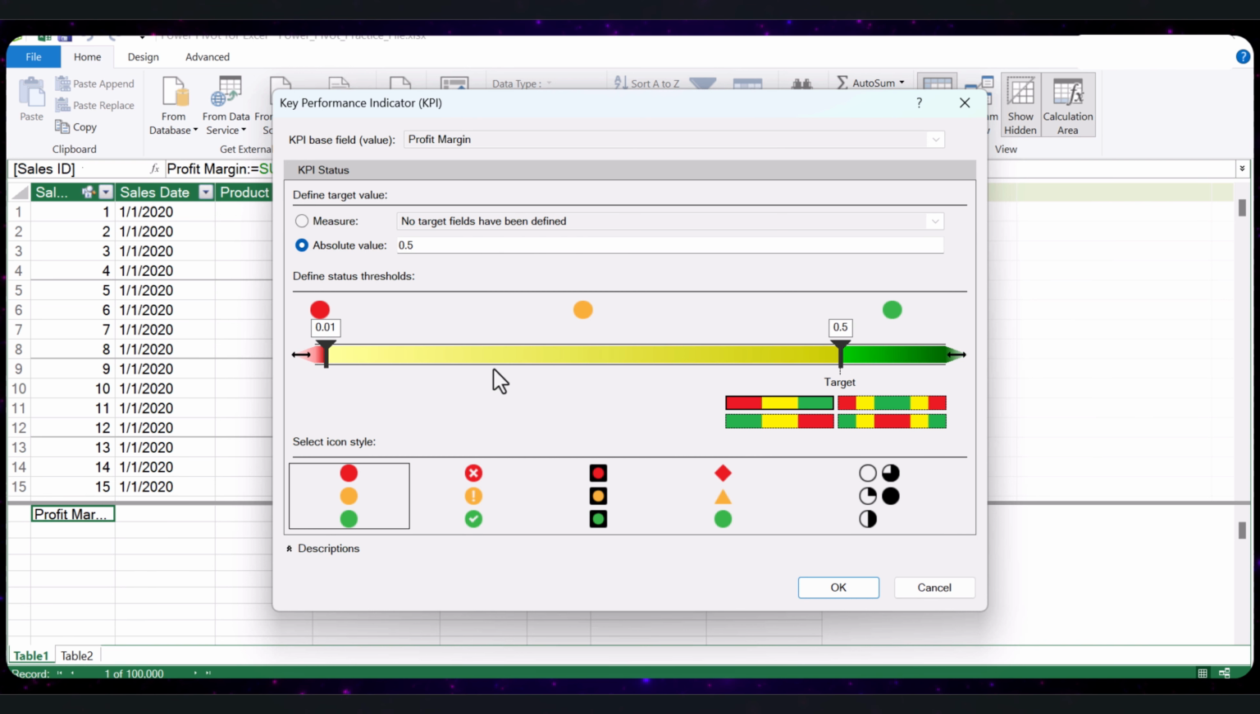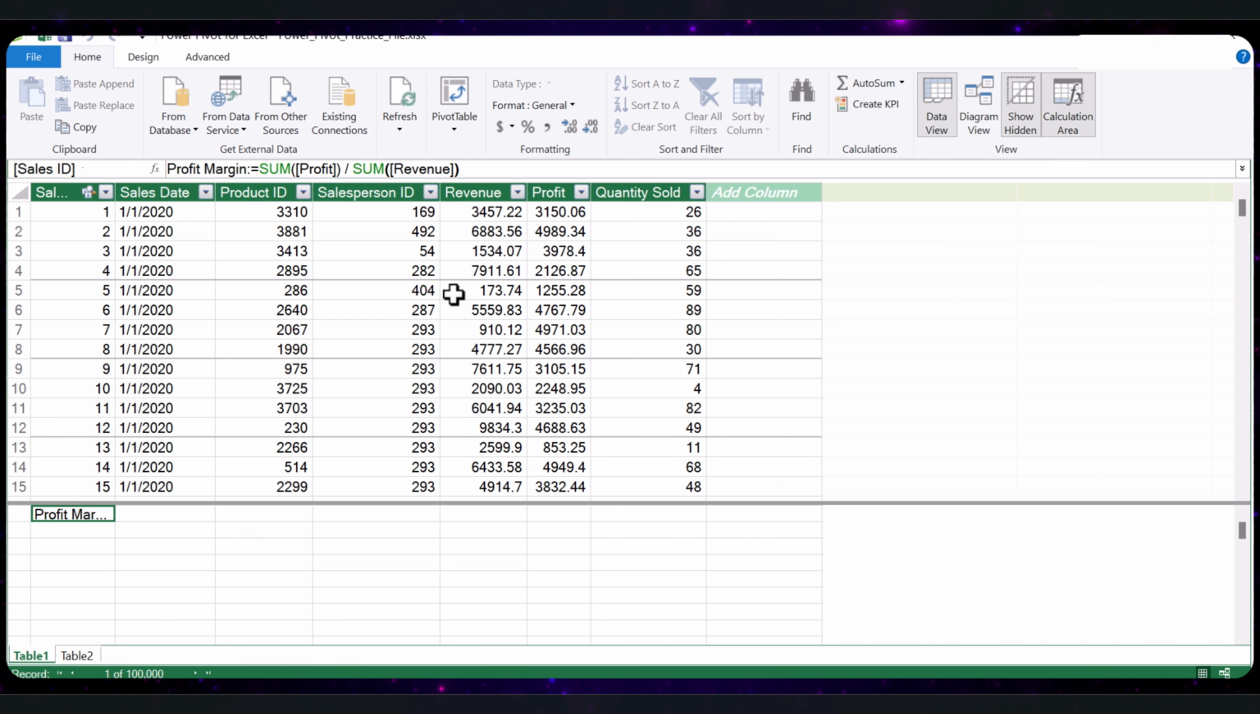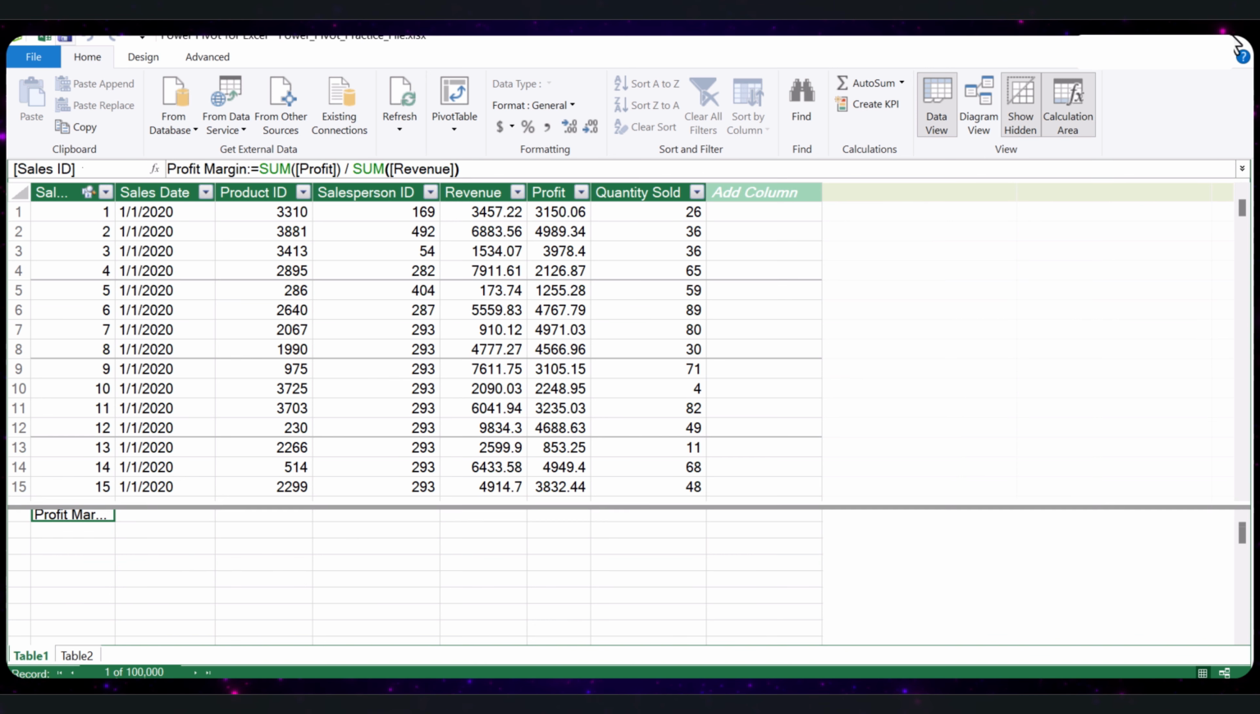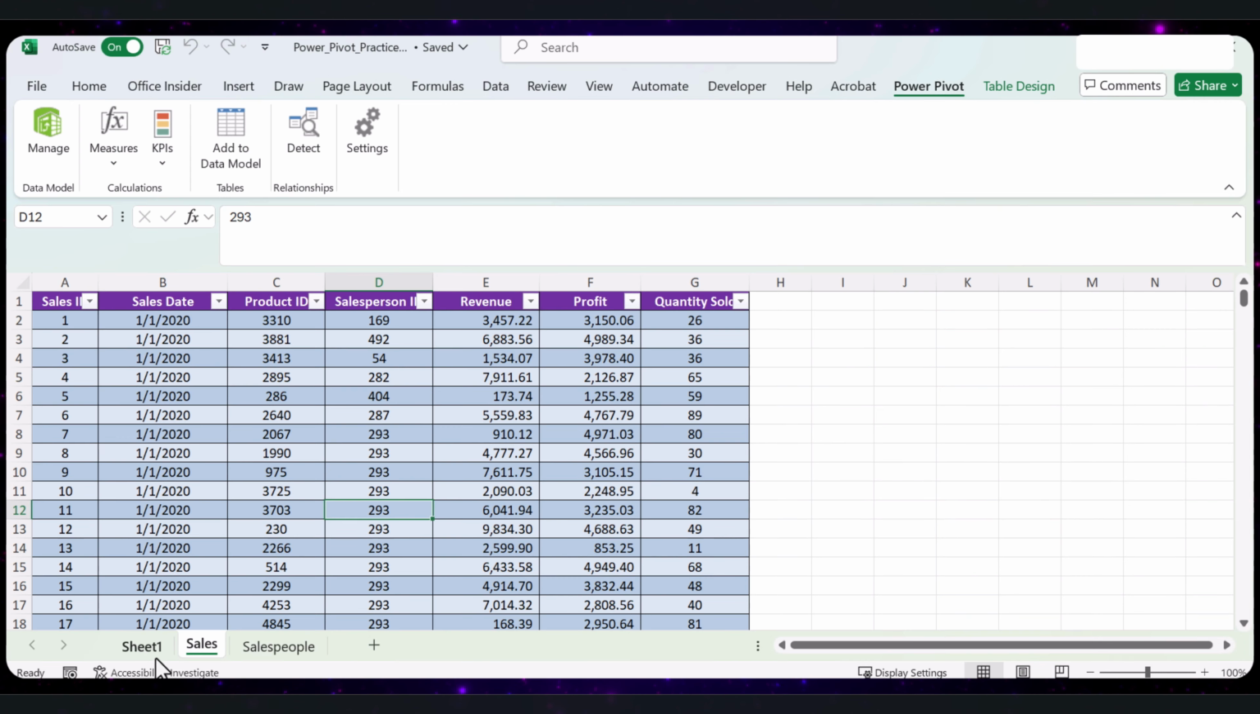Now let's understand the indicator colors. Red means below the lower threshold. Yellow means between the lower and the upper thresholds, and green means above the upper threshold. Click OK to apply the KPI. Now the KPI should display visual indicators like red, yellow or green in our pivot table. So I'm going to save this, close it,